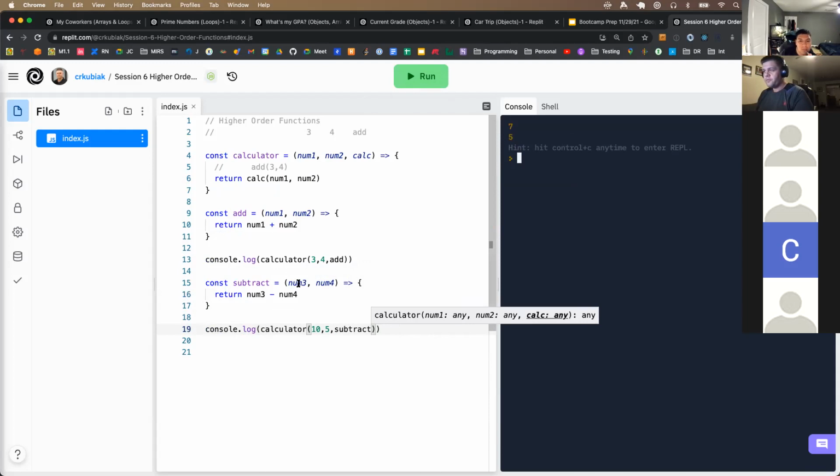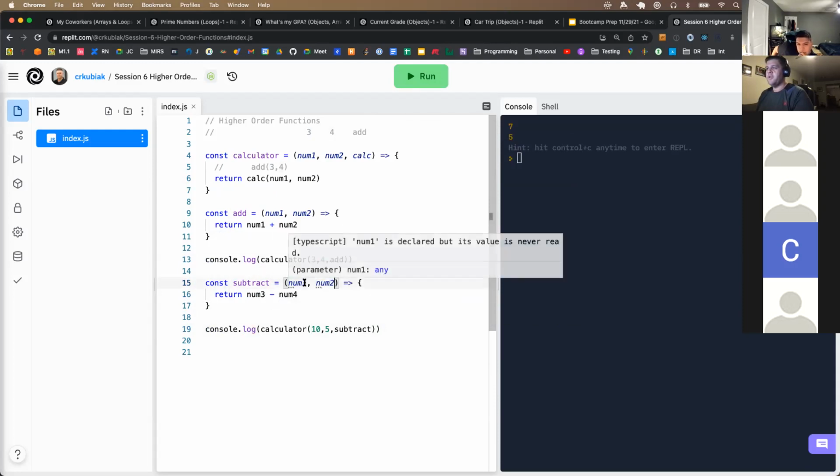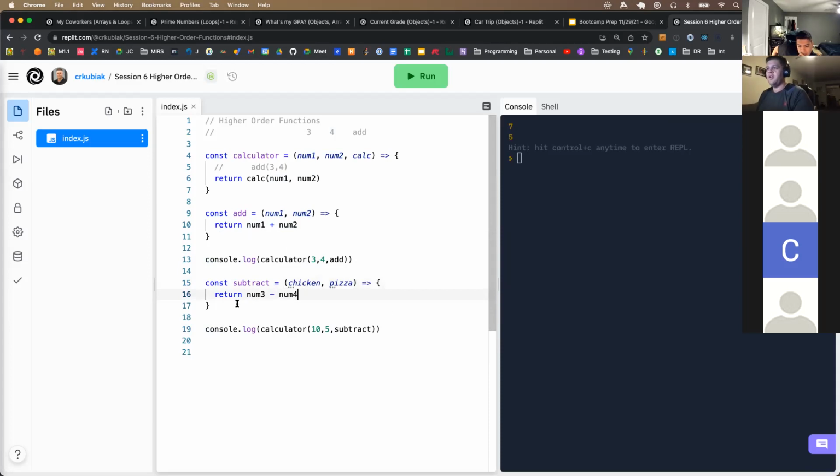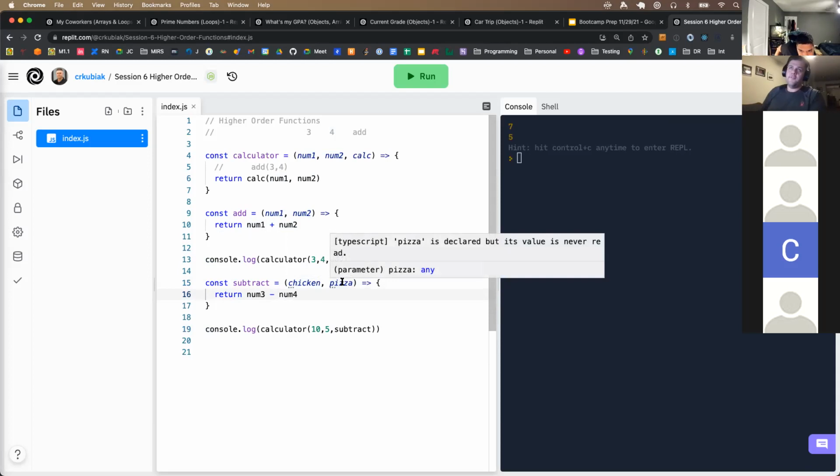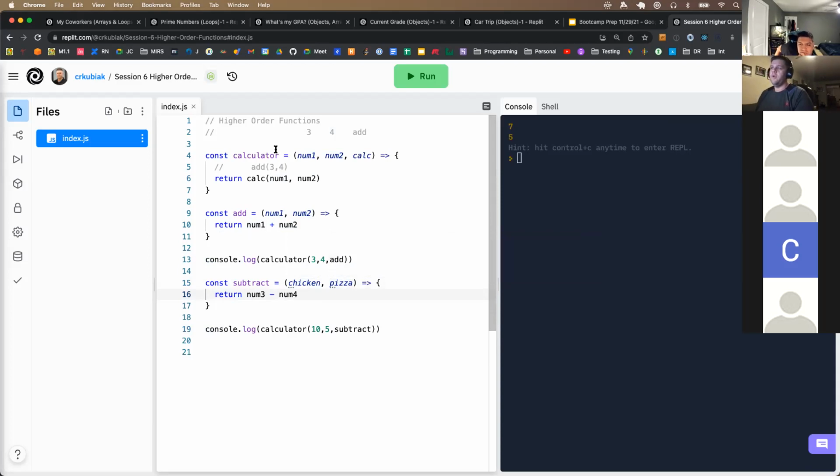And so again, for clarity's sake, I would still leave these as num1, num2, but you don't have to. I mean, this can be chicken and this can be pizza here. And again, bad naming doesn't help us determine what's going on here, but parameter names are only, and this can get very confusing when we start passing things around, is with what happens to different things. So right now, if I change this back to num3 and num4,